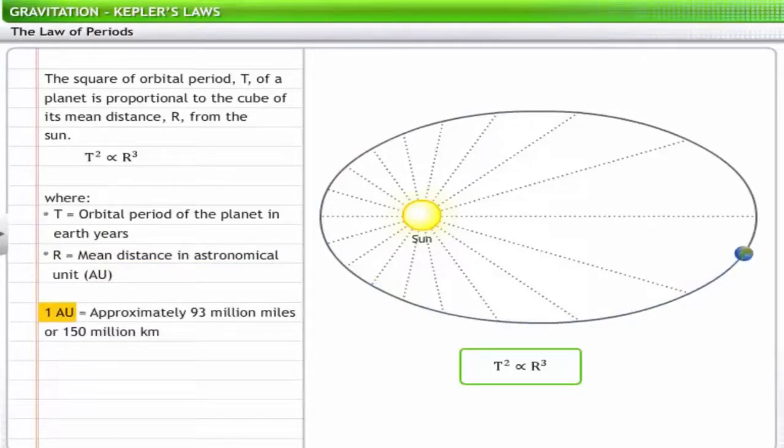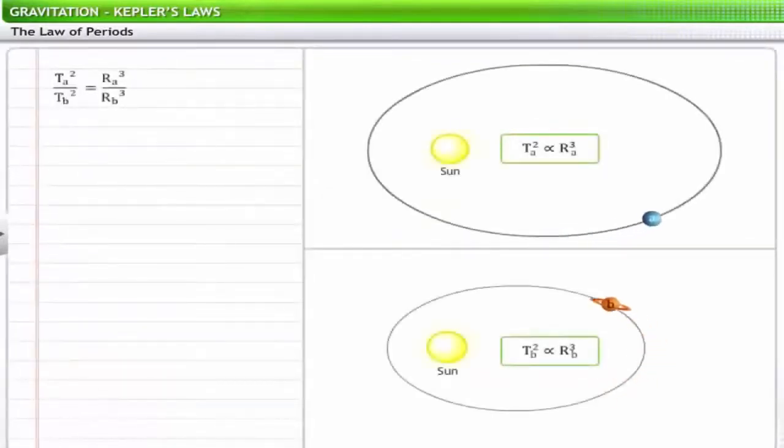Thus, an astronomical unit is approximately 93 million miles or 150 million kilometers. If we consider two planets, A and B, and compare their mean distances from the Sun and orbital periods, we get the relationship as TA square divided by TB square is equal to RA cube divided by RB cube,